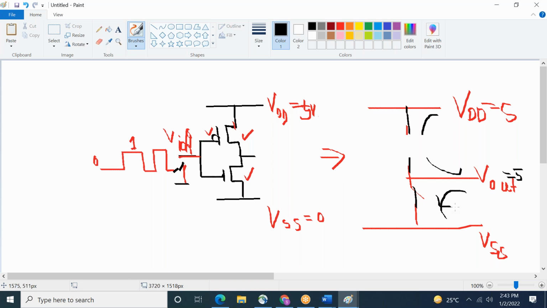So V out equal to VSS voltage, meaning 0. So V out you will get 0. When you are sending 1, you are getting 0. When you are sending 0, you are getting 1. This operation is a complement. Giving 1, you get 0; giving 0, you get 1. That's why it is called complementary CMOS.